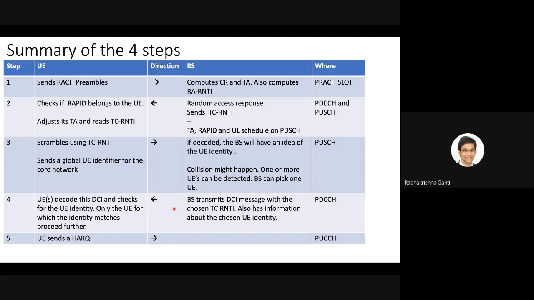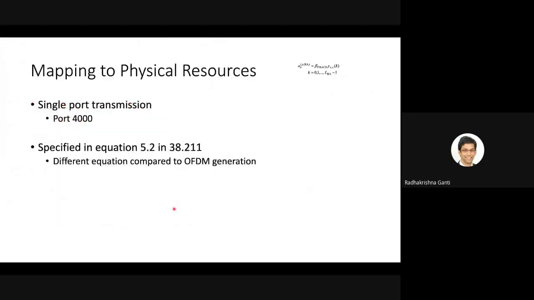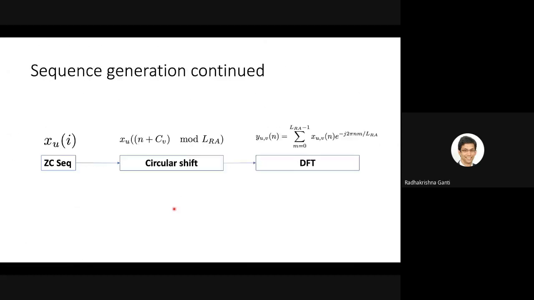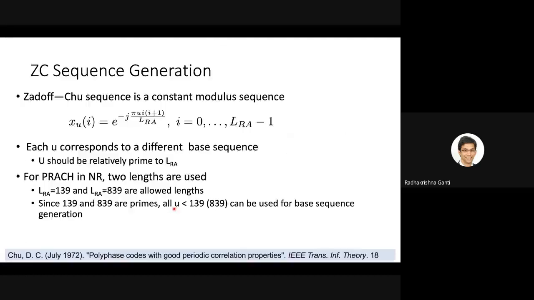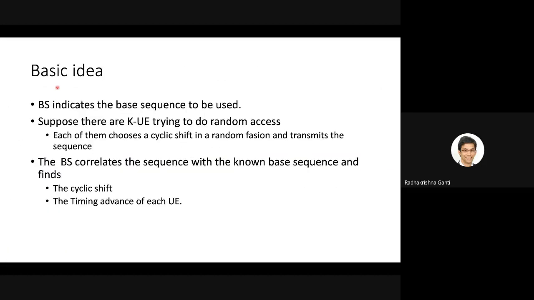So the base station is the one telling the UE to pick up A1, A2, A3, or whatever 0, 1, 2, 3 formats. Okay, so the gNodeB is already informing this as part of the SIB1 messages. For example, I'll show you where that happens. It says something called PRACH config index. This PRACH configuration index is nothing but